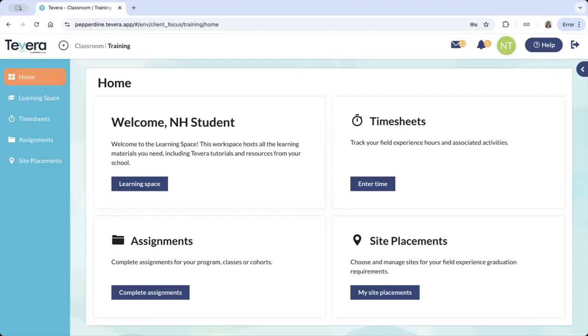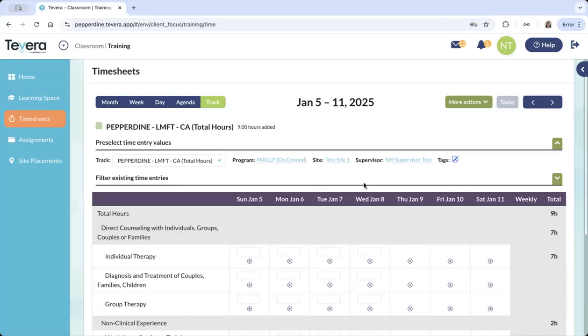We are going to review what tracks are in Tevera and how to sync them. So from your home screen, navigate to the Timesheets panel and click on Enter Time. From there, I want you to look to the left under Pre-Select Time Entry Values, where you should see Track highlighted here in blue. So you can think of your timesheets as a big folder and the tracks as the